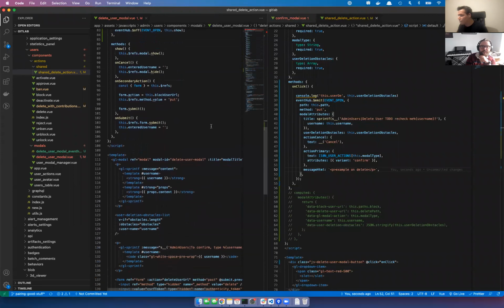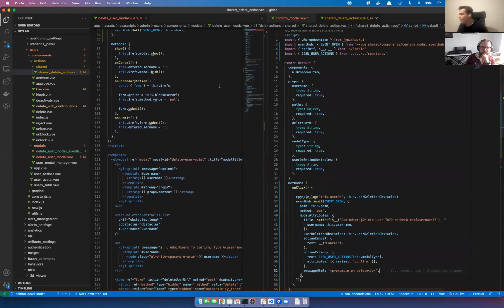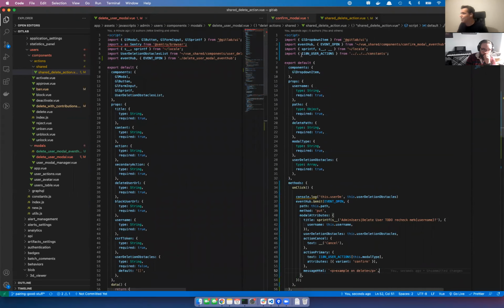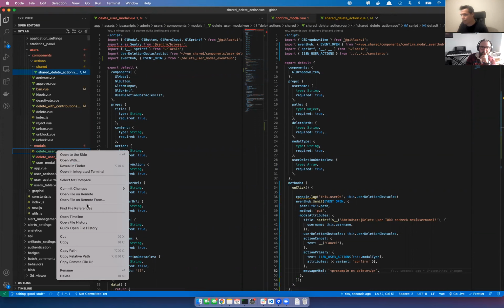So I think we need to import the correct event hub now, now that we have a new one. But it's not going to be coming from shared anymore. It is rather coming from